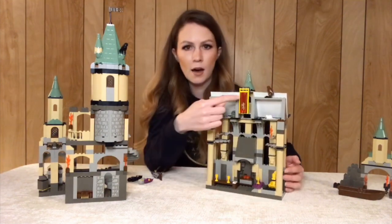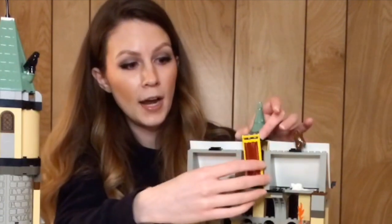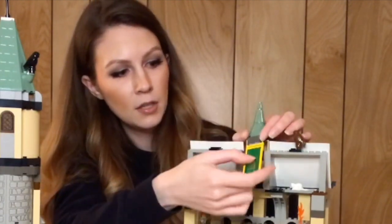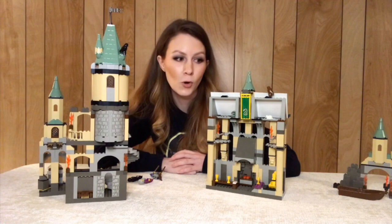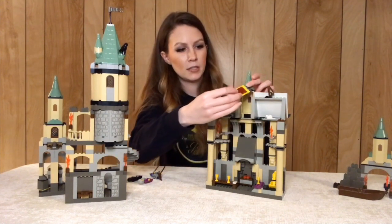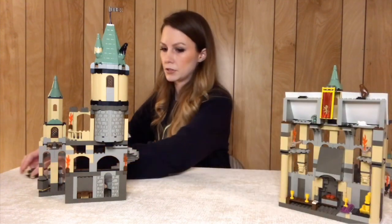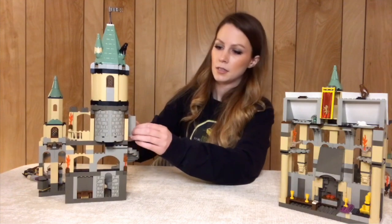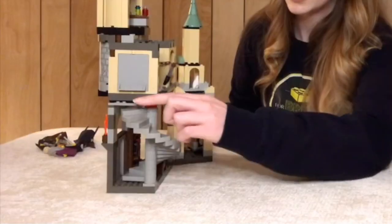And then here at the top, we've got the changing flag between Gryffindor and Slytherin, which depending on which house wins, they change the flag. It would have been cool to have all four options available, but it is definitely still a really nice piece to include. All right, so we'll move over to the other side, and we've got on this end the staircase,